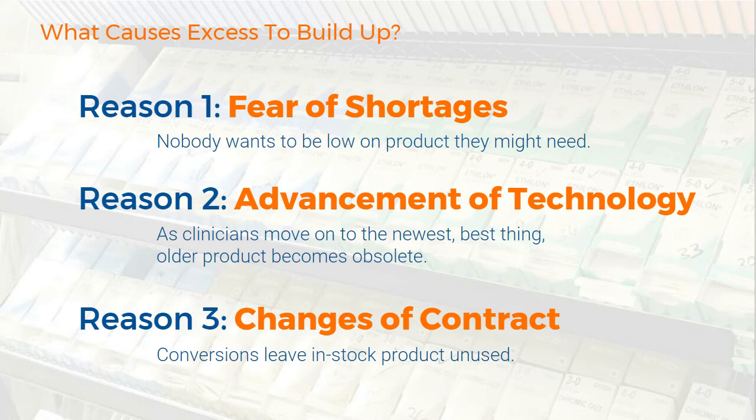Who doesn't want to try the latest and greatest? And in fact, I recently had a conversation with a surgeon out west who said, I helped that company invent that thing, and this is all the clinical benefits that it's going to do for us. And so now we have to use it. And so you start using it, but you may use it in context or in replacement of other things that were already there. And that causes a problem, especially in situations where you might have done some bulk buying, anticipating